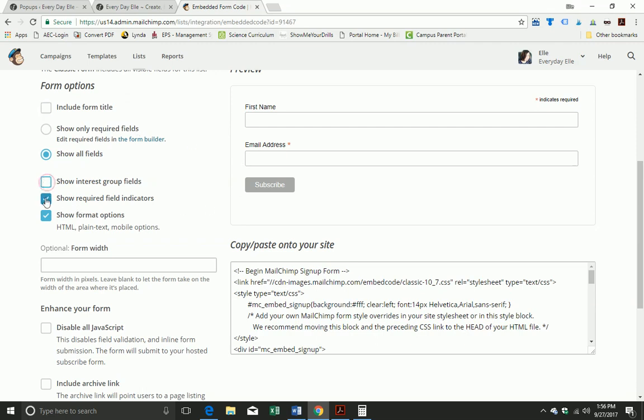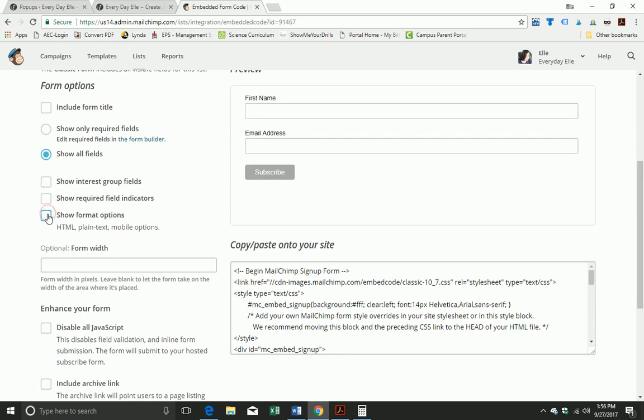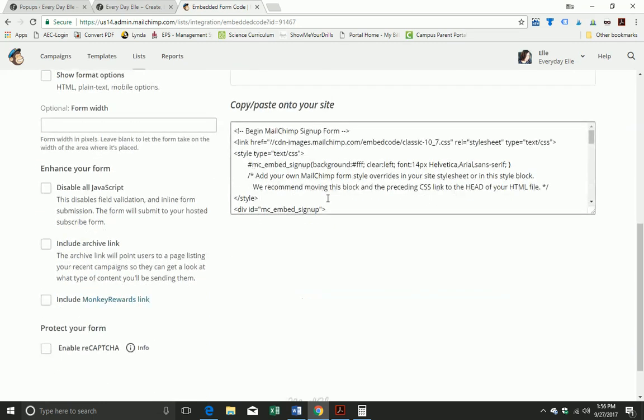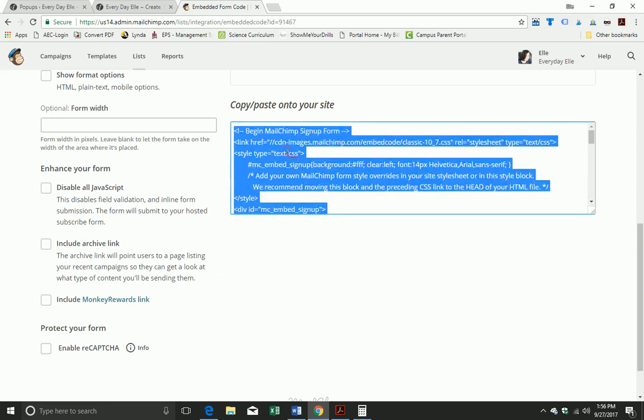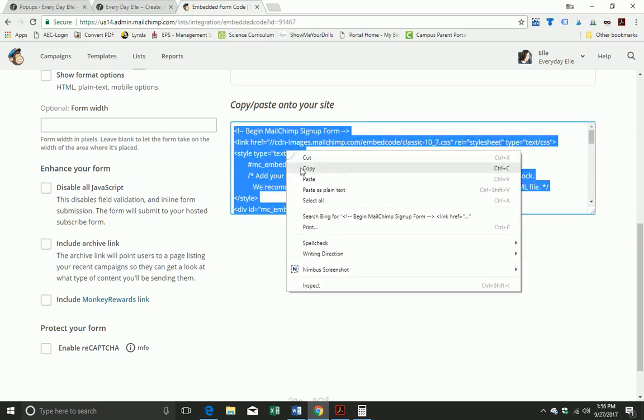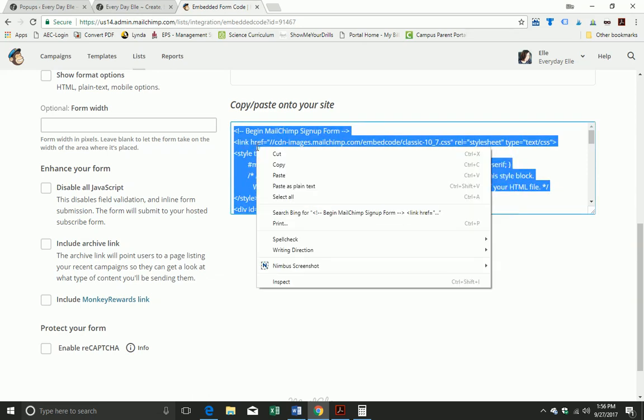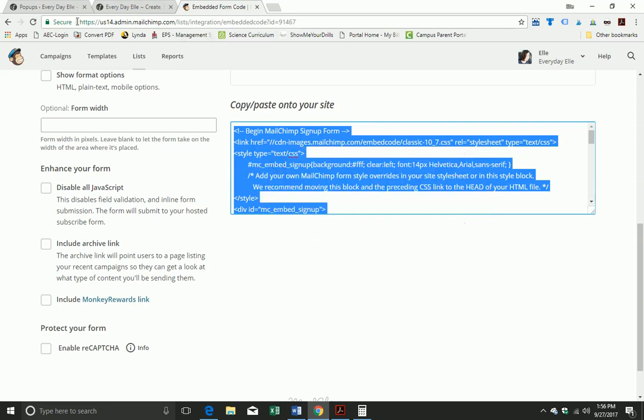If you want it just to be really simple, you can unclick all these. So really all you want to be showing is this. I might actually have the show required field indicators on mine. And then you're just going to go and select it and then right click on it with your mouse and hit copy. And now we're going to use this